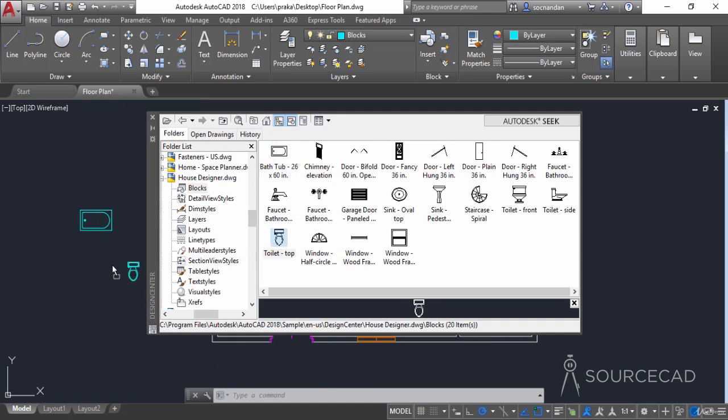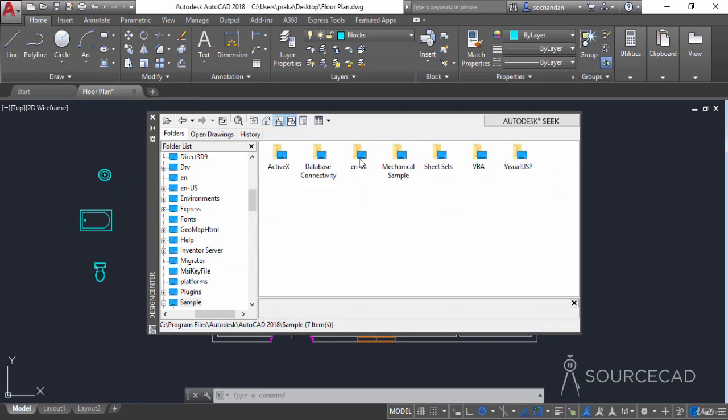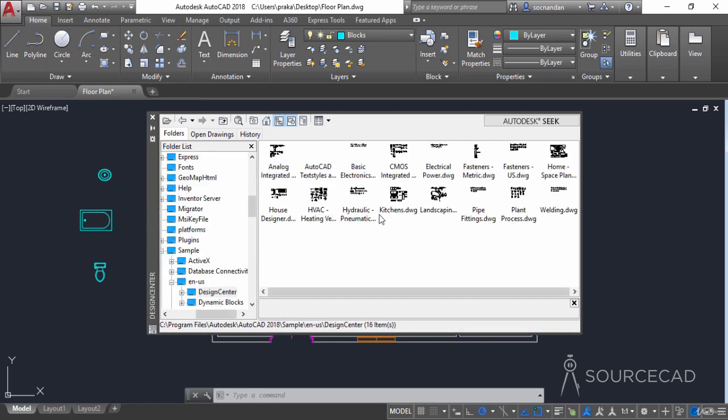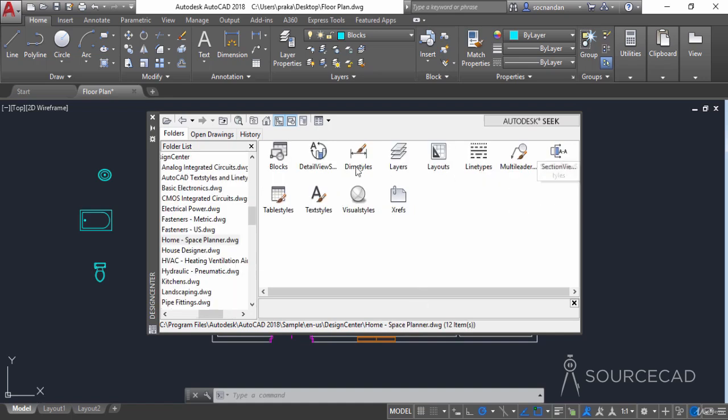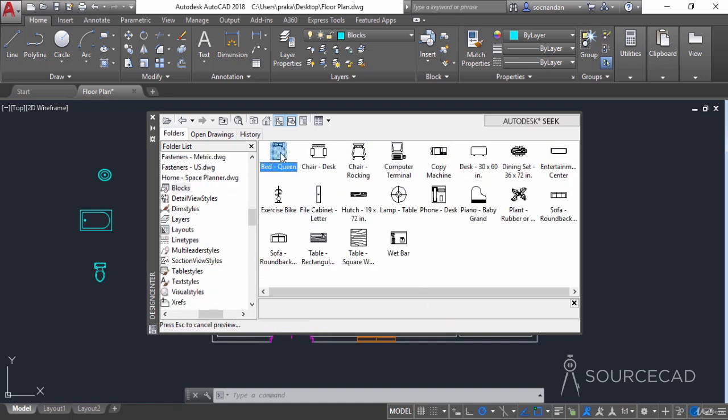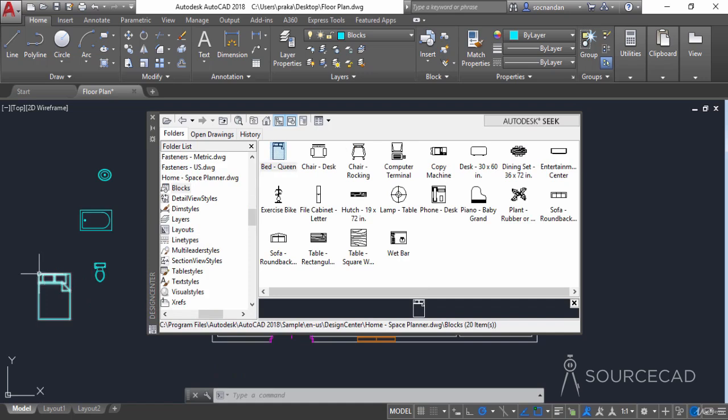Now select this toilet block, select the sink, and click on home. Let's go to ENUS Design Center and now we'll select Home Space Planner, Blocks, and now we need this bed. We also need this dining set, this lamp, this plant, this sofa,